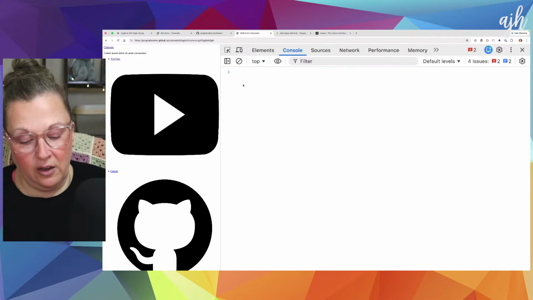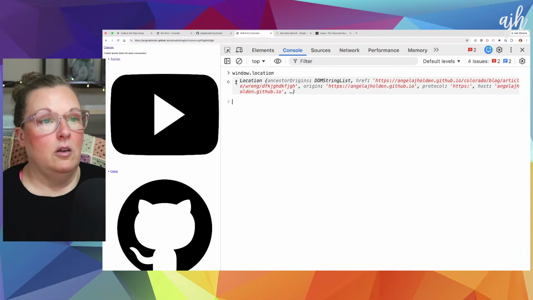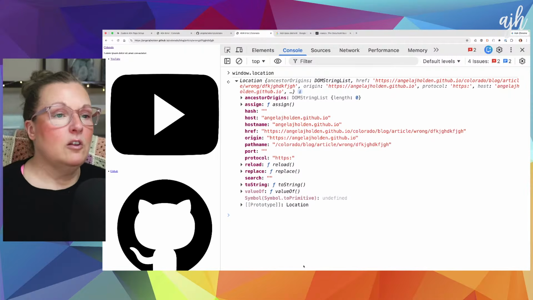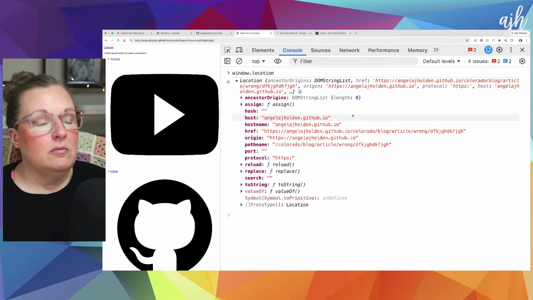And let's just look at our window.location. We got all this information about where we're actually at. So all I really want to do is check and see what, I guess, the origin is. We could do the origin, or we could just do the host. And I'm just going to write a conditional script that says, hey, if the host is